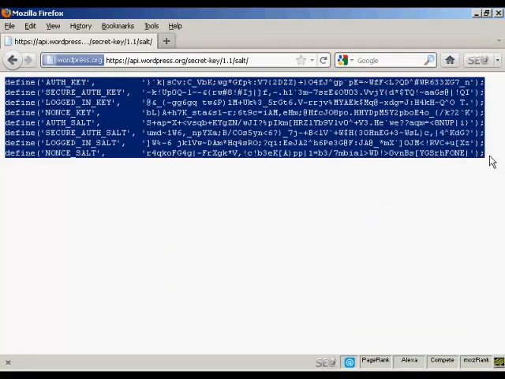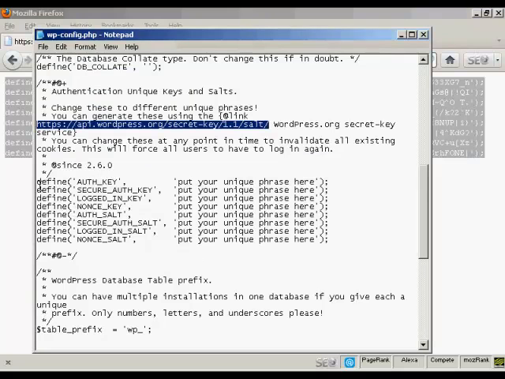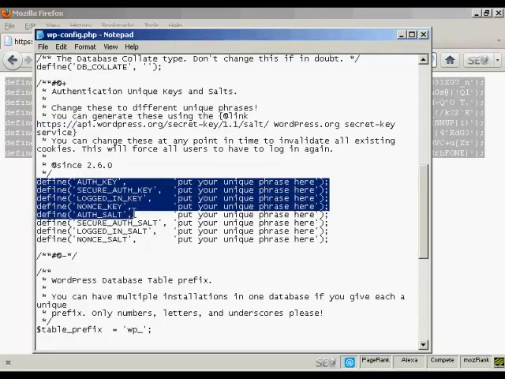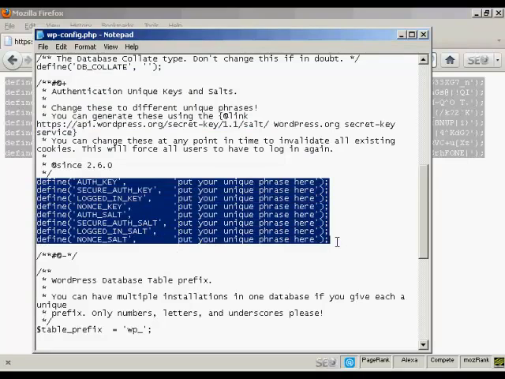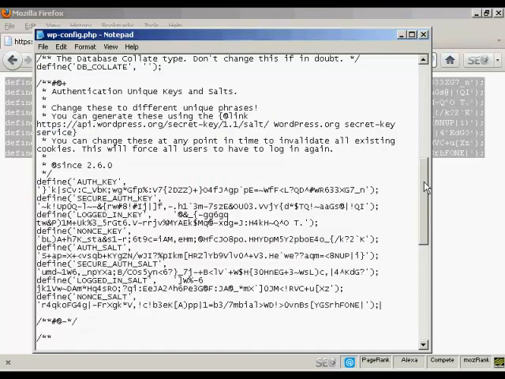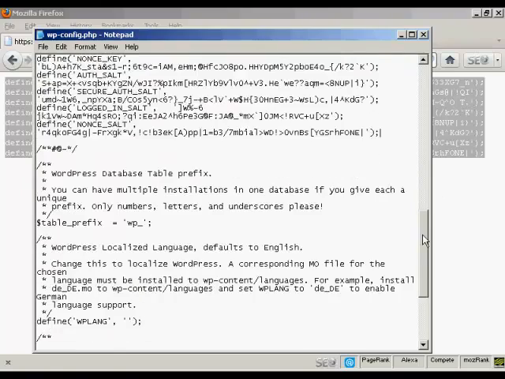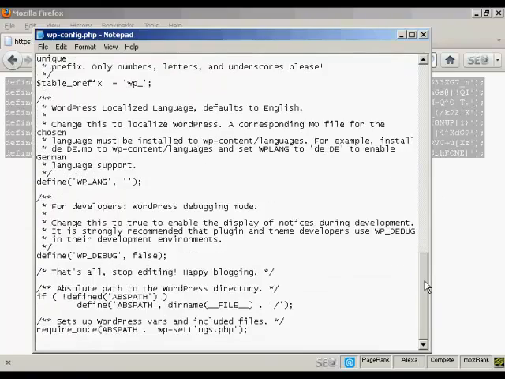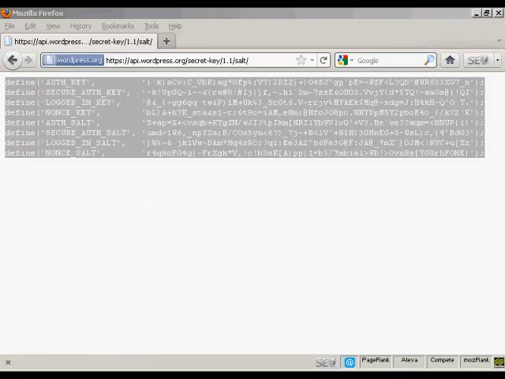So I just highlight that and copy it, and then I can come back here and just simply paste this in as a block in here like that, and there we go, that's all done. You don't need to change anything else at all. So I can now save that file and save, and now I need to FTP,